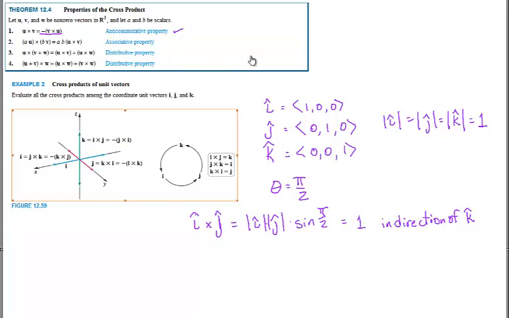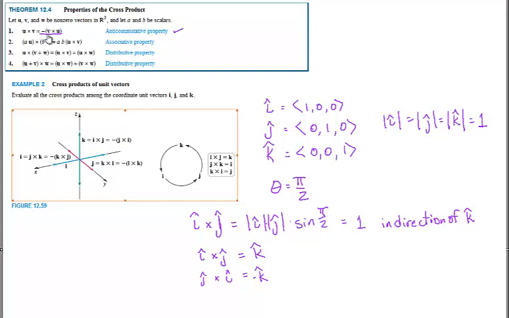Therefore, I can say that I cross j is the unit vector k. And it follows from that, if I keep going through here and I say j cross I, oops, I don't want to do j cross I yet. It's going to be negative k. I'll just go ahead and do it because it's going to be negative k due to the anti-commutative property, and